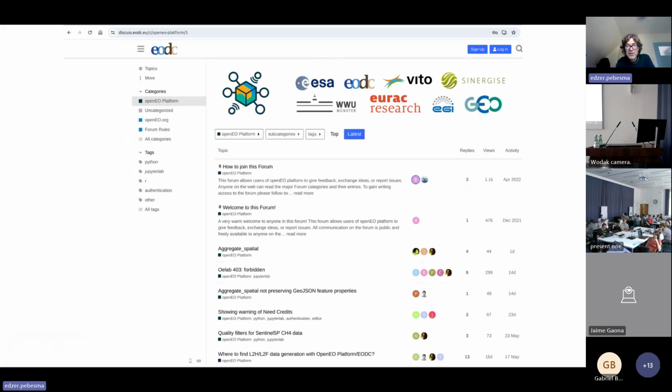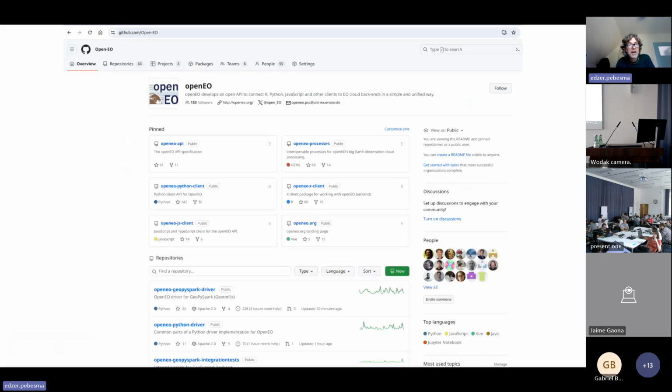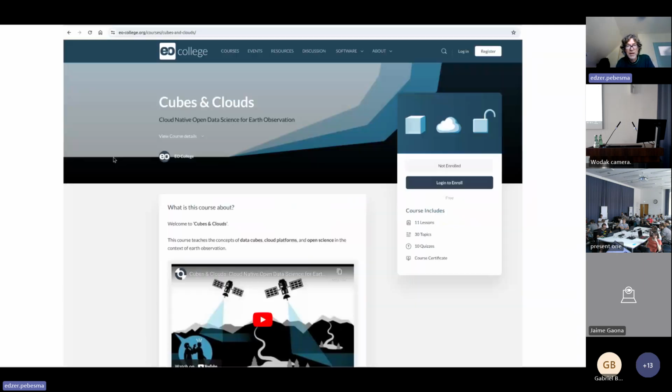If there are software related things, you want to use particular software, you find bugs or have questions about it, you can go to the GitHub repositories and find the proper repository. See here, there are 65 repositories. Several of them are, of course, outdated and no longer in use, but a lot of them are in active use and development. You also see there are 55 developers involved, so there's a large number of people actually contributing and helping to get this ecosystem going.